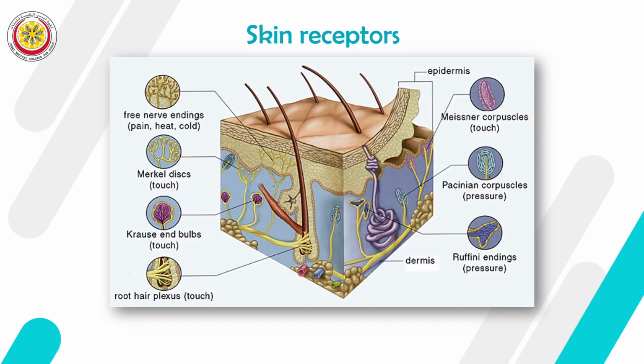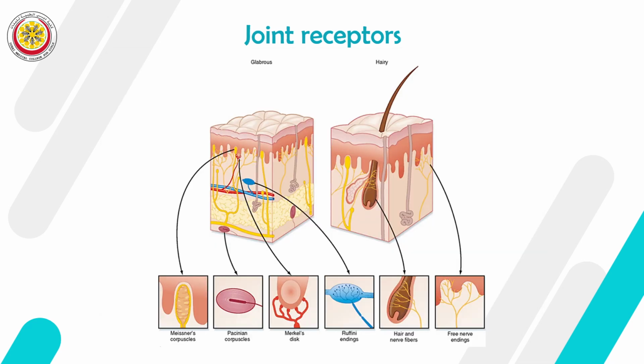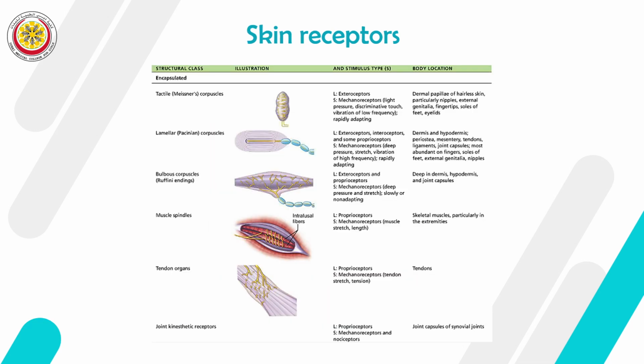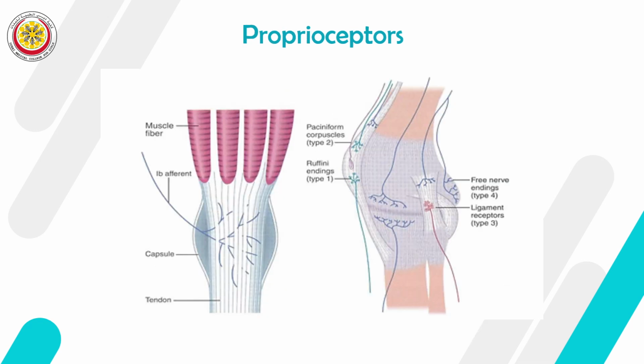These are the examples, you all know them, you've studied them many times in the skin. And in the skin we have the different types, the Meissner, the Pacinian, the Ruffini, even the hair cells, the hair bulb is related to free nerve endings, Krause, the Merkel and all of those in the skin. And of course you know they are different in the glabrous and hairy skin. There are 5 here but there are 6 there, and so on. You know all about that, different mechanoreceptors. Some of them are exteroceptors but not mechano, and some mechano for proprioception, and so on. You know all that, just a reminder.